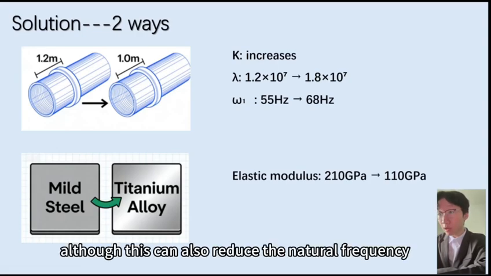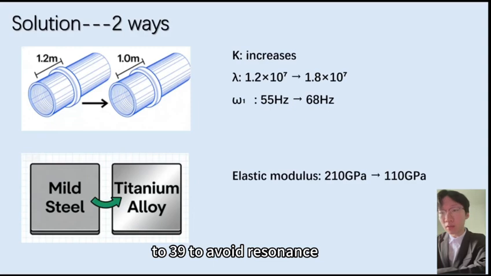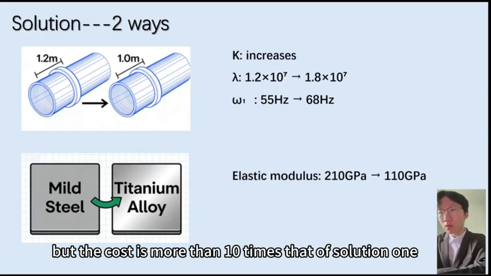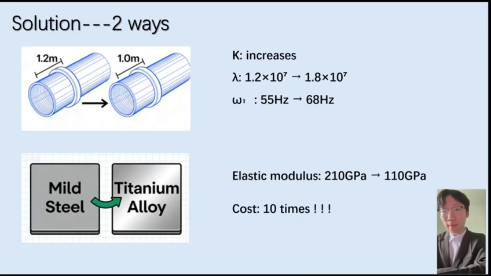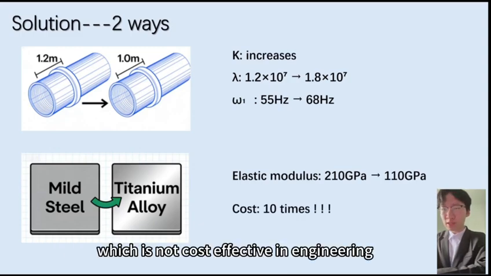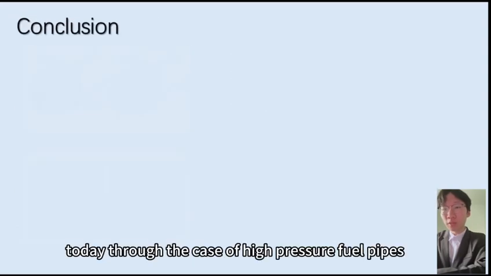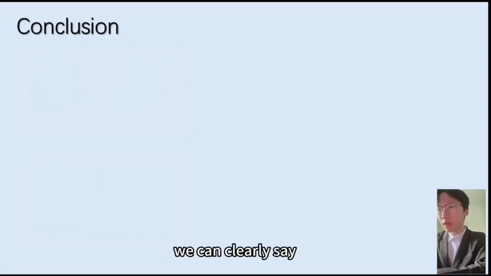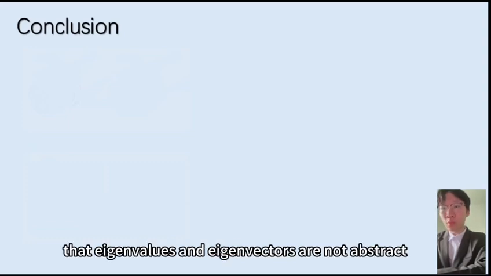Although this can also reduce the natural frequency to 39 to avoid resonance, the cost is more than 10 times that of solution 1, which is not cost-effective in engineering. Today, through the case of high-pressure fuel pipes, we can clearly say that eigenvalues and eigenvectors are